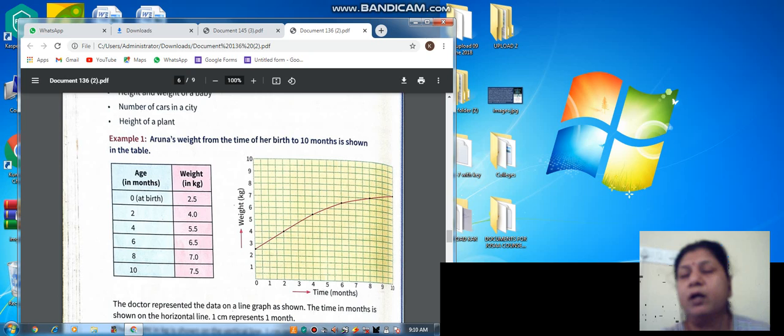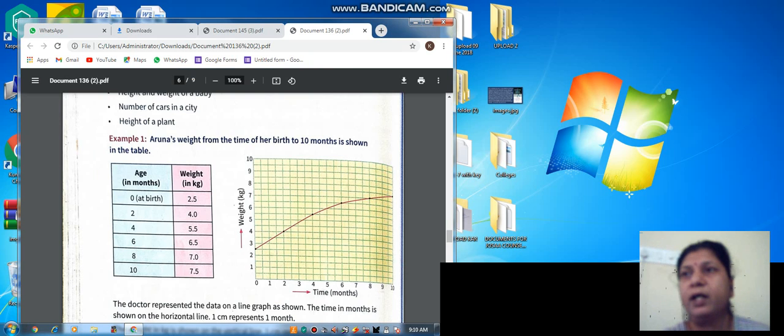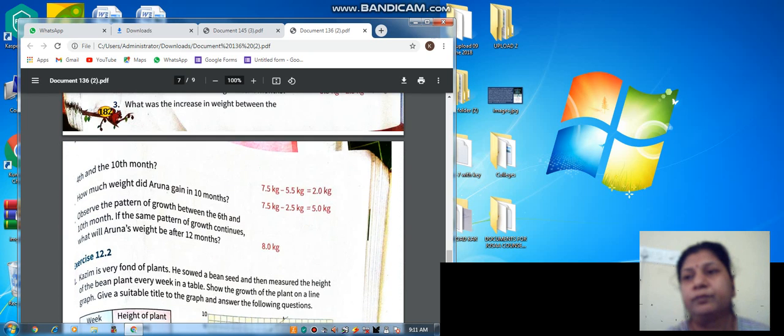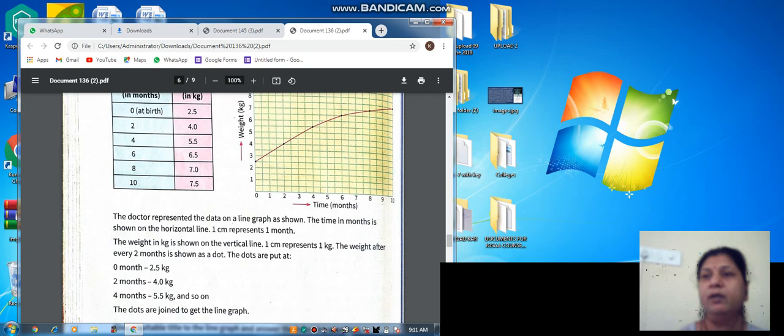You have to represent the given data first as dots. You have to darken them, and when you have represented the data in the graph, at last you have to join all the dots with a simple line. It is not a straight line, I say a simple line. It may be increasing or decreasing, it depends upon the data. And you have to observe the given line graph, and then you have to answer the questions. Fine. This is all about our chapter.